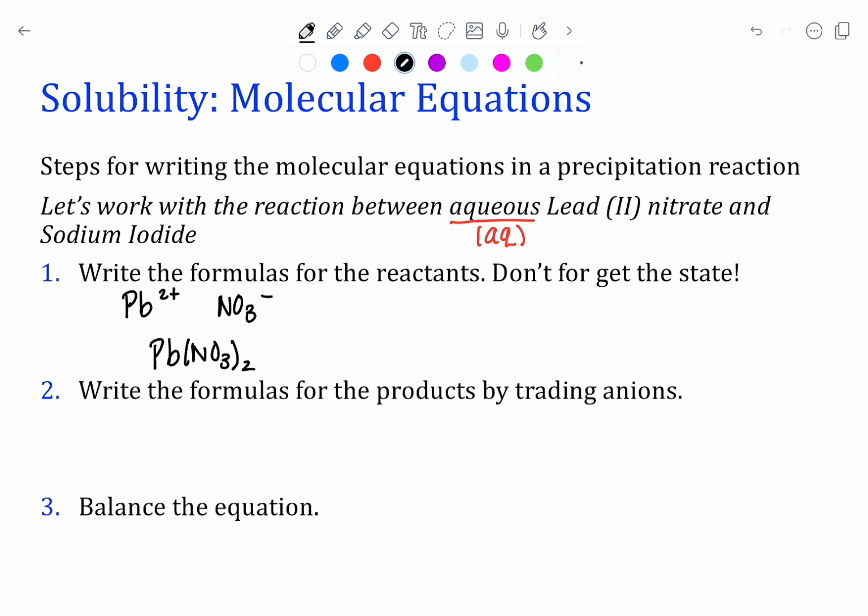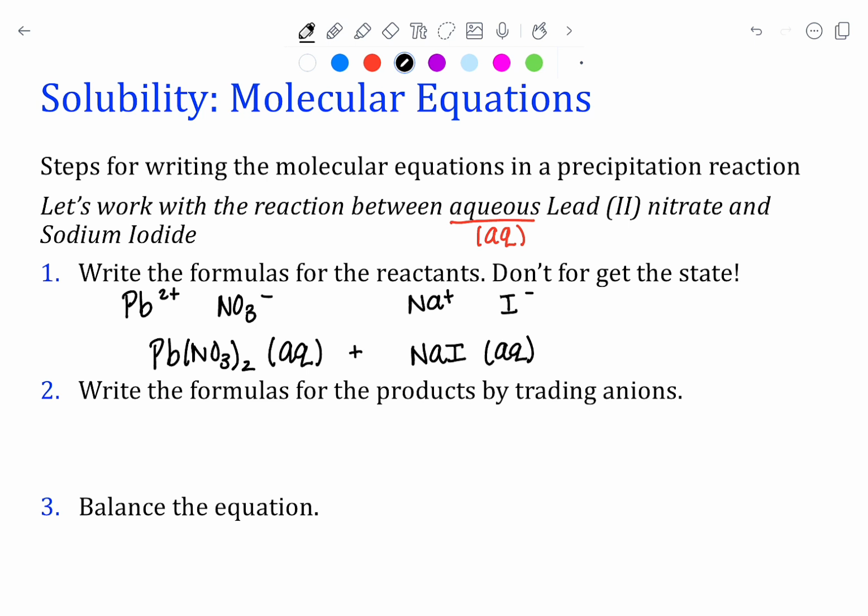If you don't remember our specific rules for ionic compounds and our polyatomic ions, please go back and review chapter 5. And this has an aq as its state. We add to that as a reactant sodium, Na+, and iodide, I-, to create the formula NaI